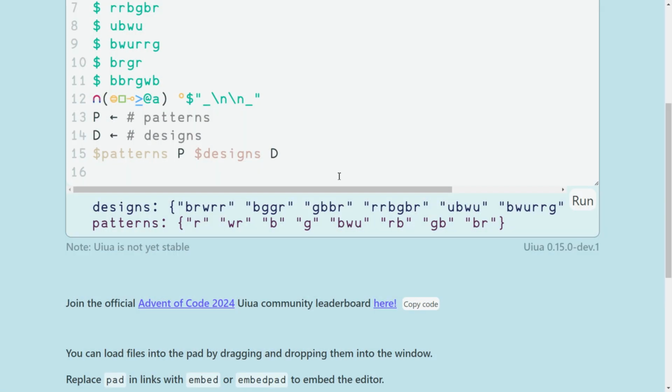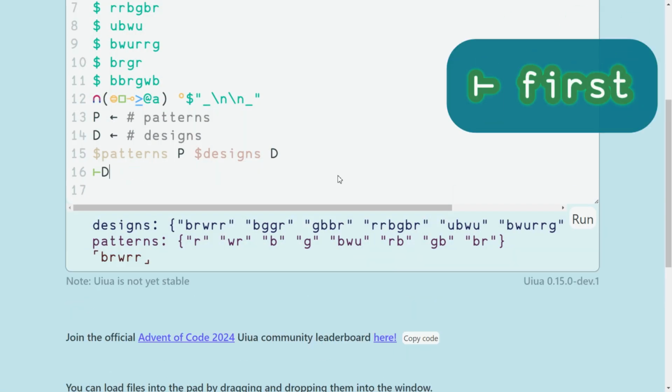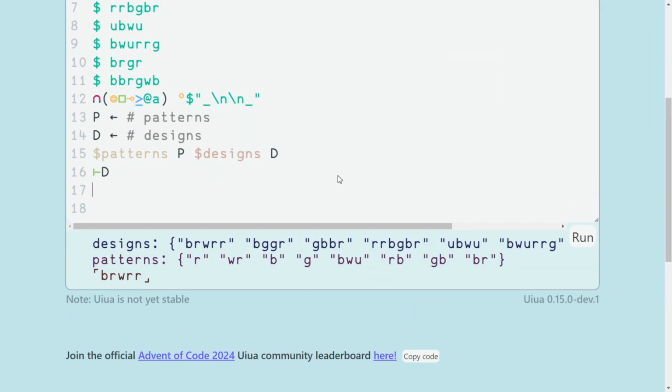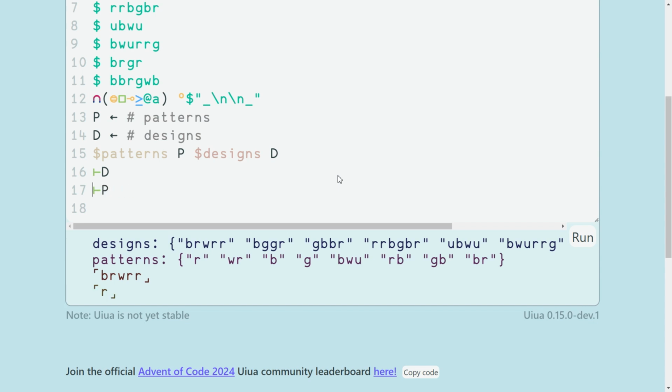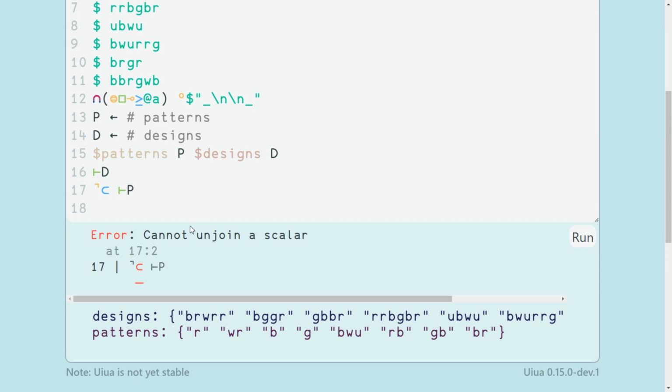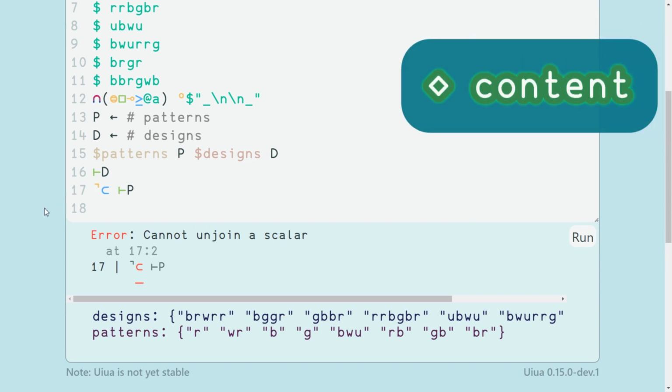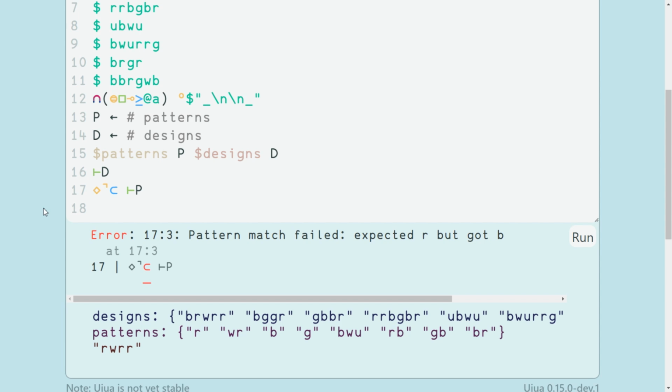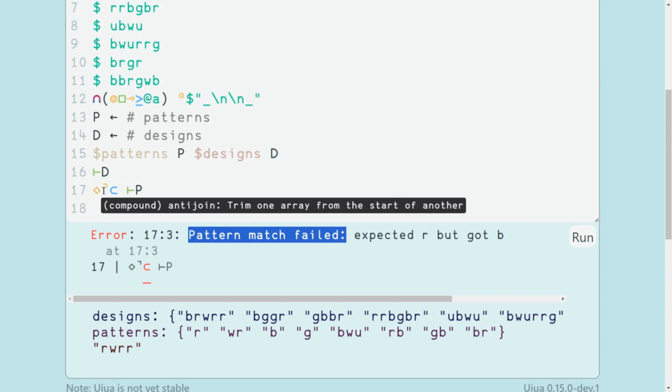Let's focus on the first design, while we build up the solution logic. We can check if anti-join works on the first pattern, which is expected to not match. The first obstacle is to penetrate the box boundaries, using the content modifier. Now to handle the matching error, we can use try and put a guard value that we can distinguish from